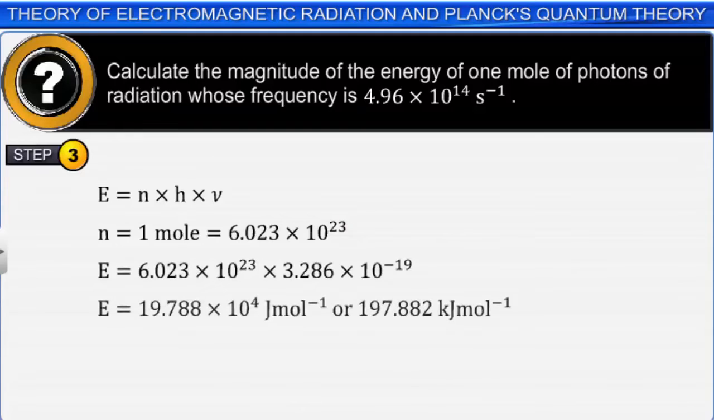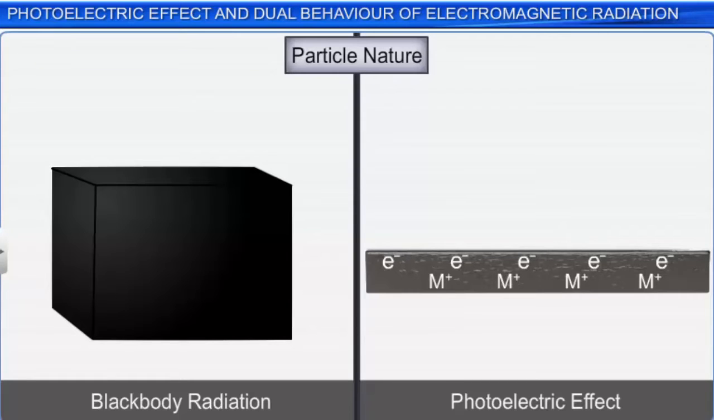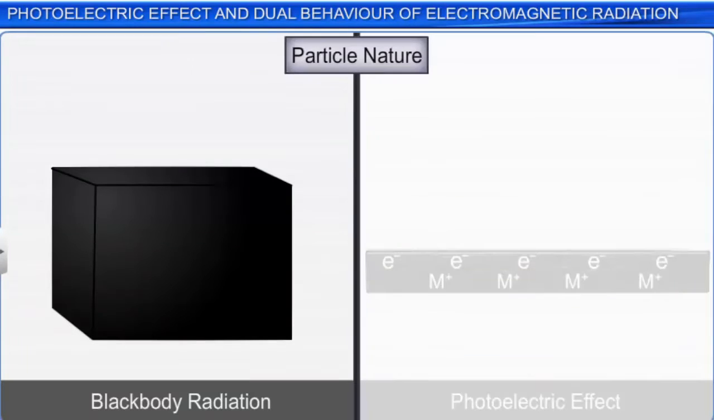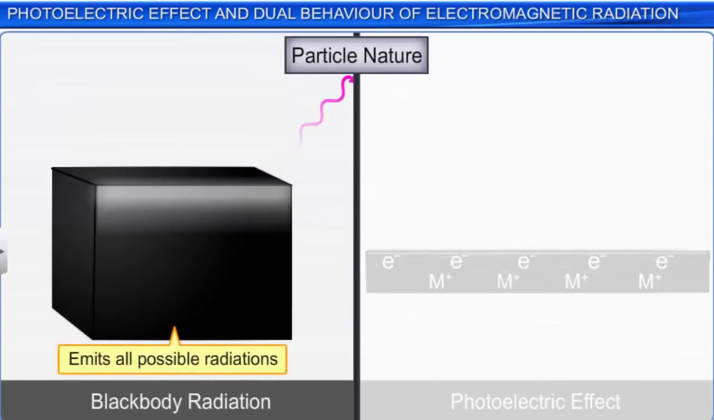Substituting the value of h, we will get E equal to 19.788 into 10 to the power 4 joule second inverse. Energy of 1 mole of photon, that is equal to 197.882 kJ mole inverse. In the previous module, we have learned about the emission of radiation from a black body